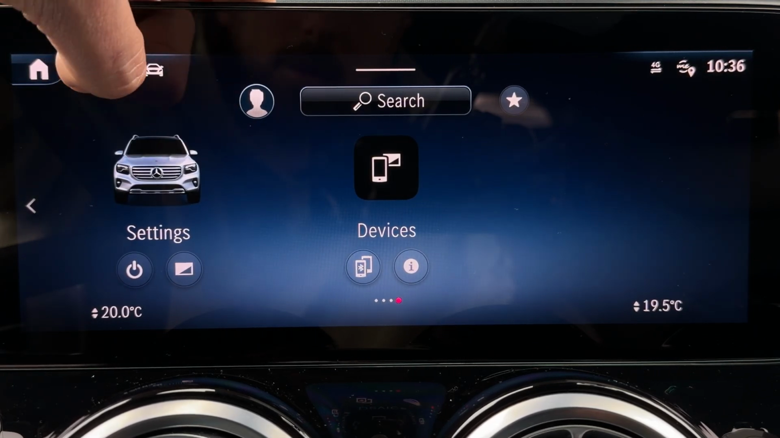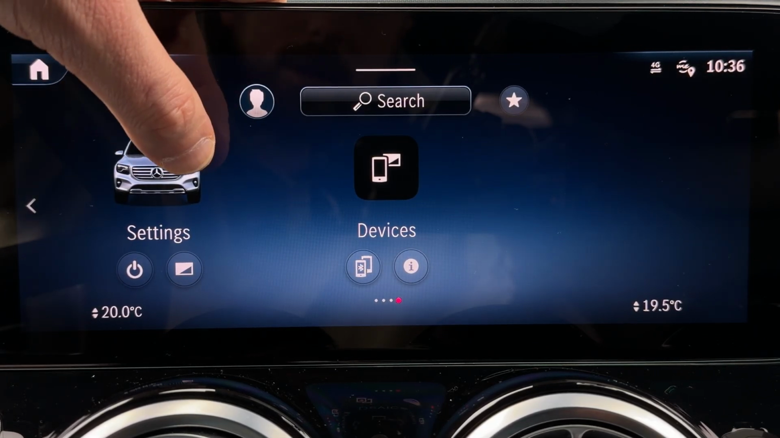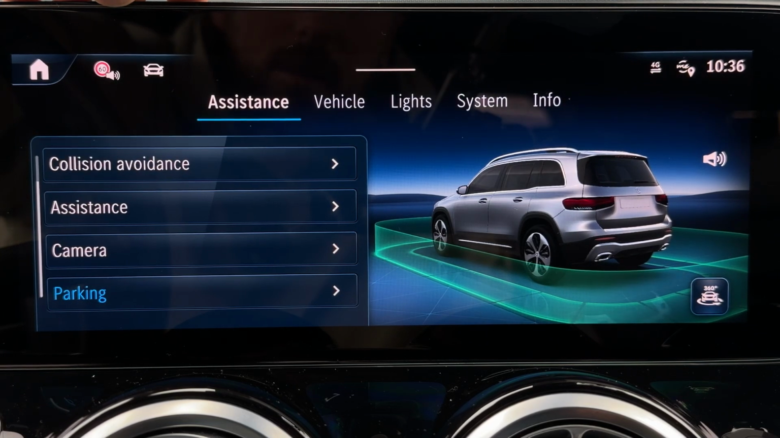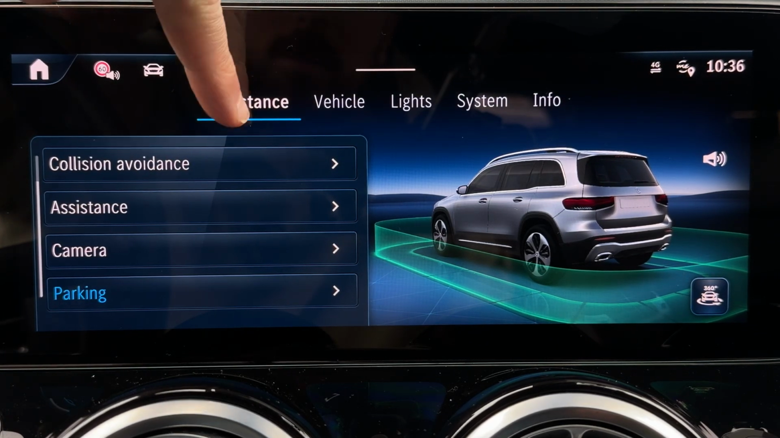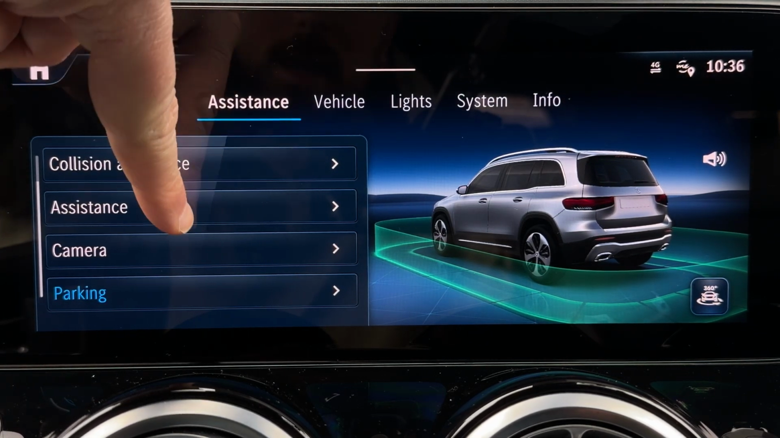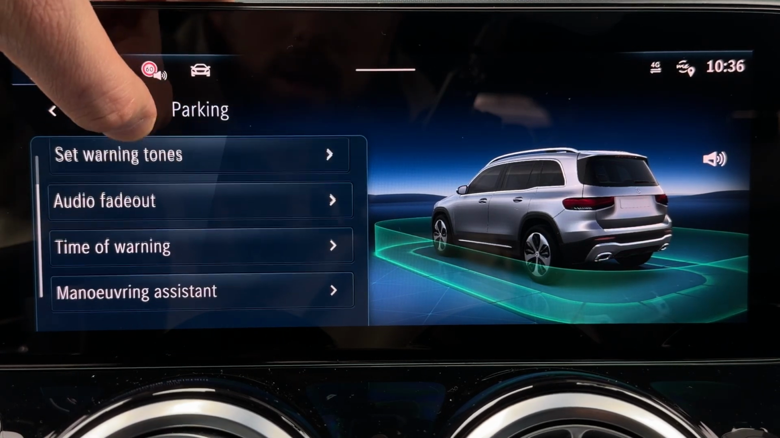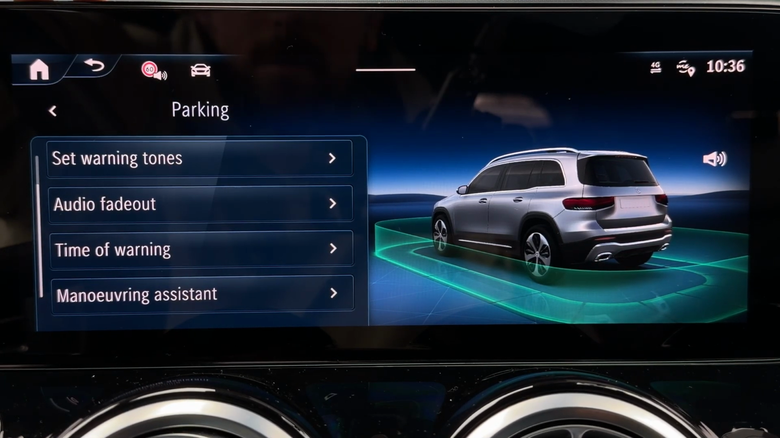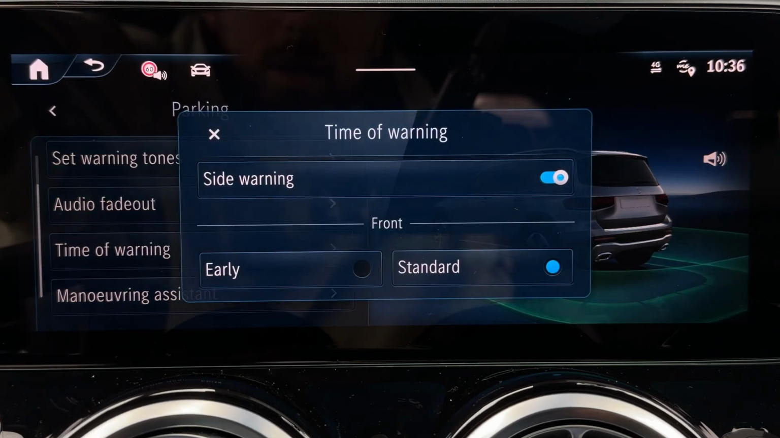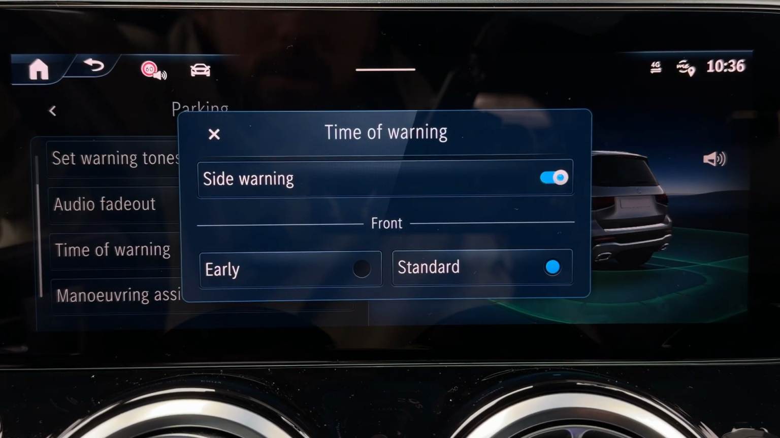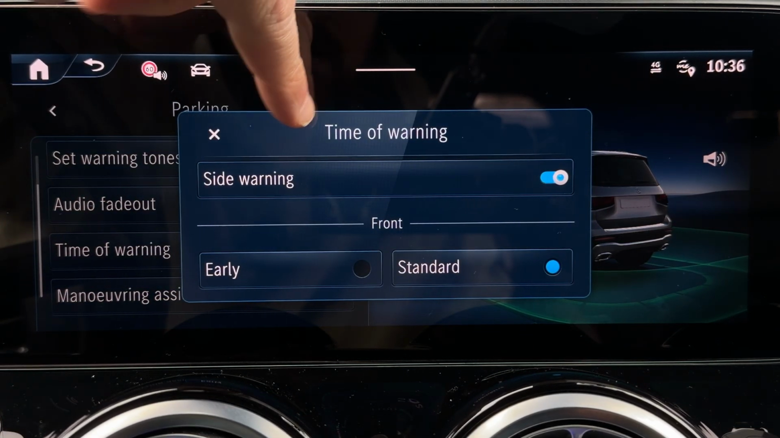As you can see, if you swipe to the left a few times, you will see the settings with the car. Let's tap here the first tab, which is assistance, and let's select here parking. From parking, let's scroll down again to select the time of warning. Let me tap it. And as you can see, you can enable or disable the side warning